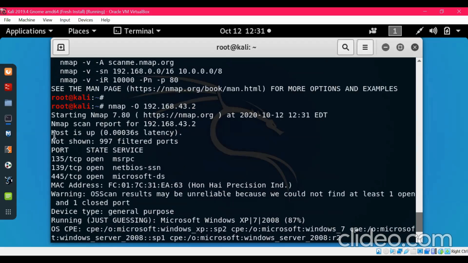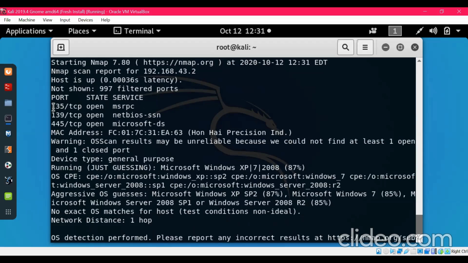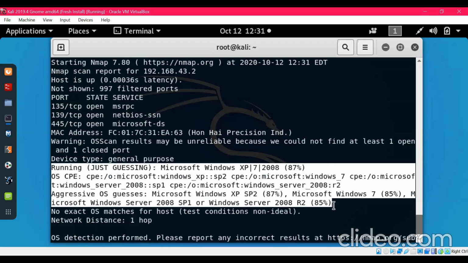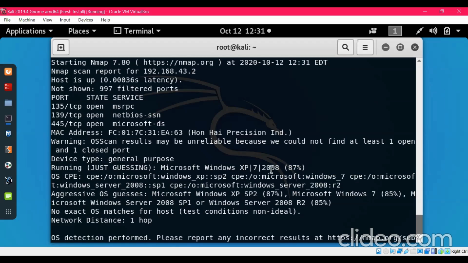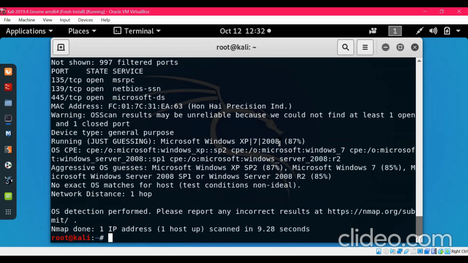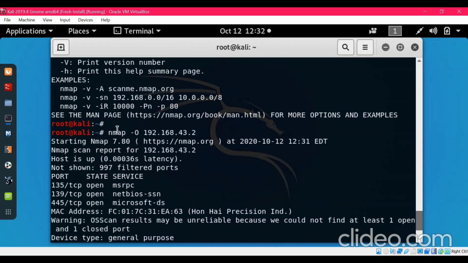You can see that the host is up and these are the different ports which are open. And this right here shows the different operating systems that might be running. These are pretty accurate. It's showing that Microsoft Windows XP, 7, 2008 is running with 87% accuracy. So this is how this command works.